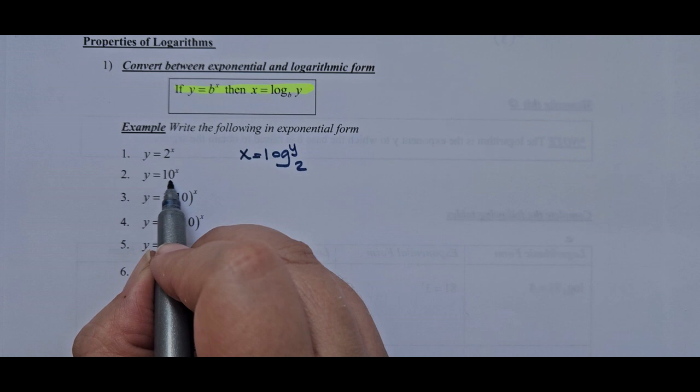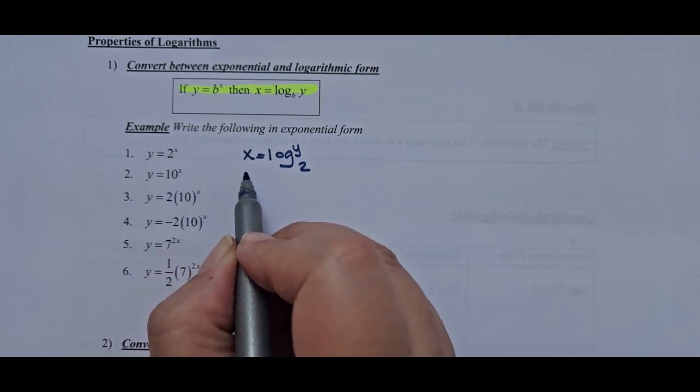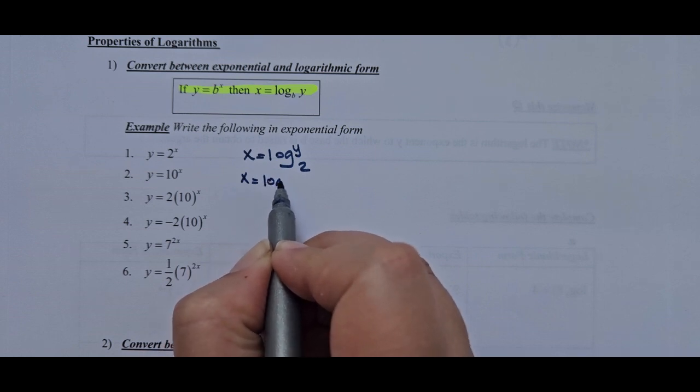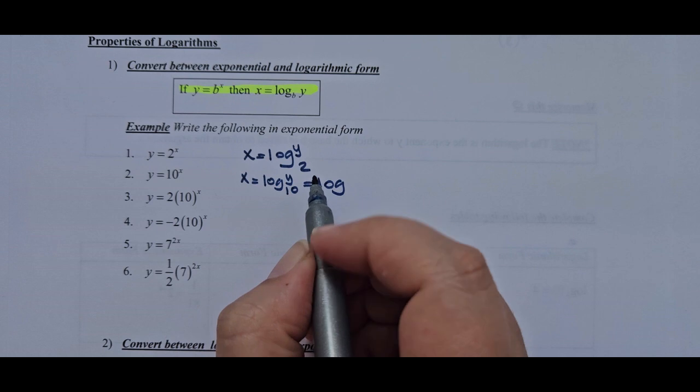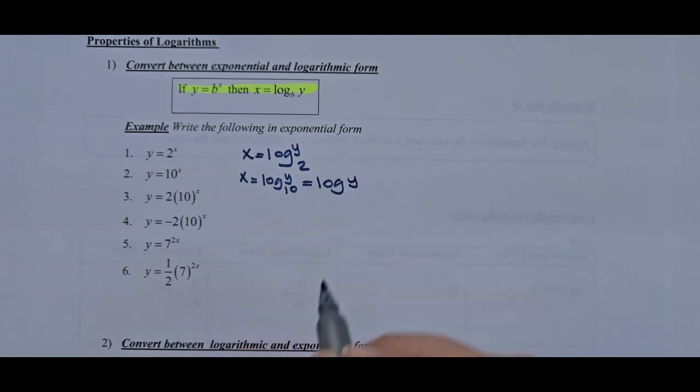For the next one, the base is 10. Okay, so again, x is log y to the base 10, or remember, whenever it's base 10, we can simply not write it. The next one is 2 times 10 to the power x. Compare this